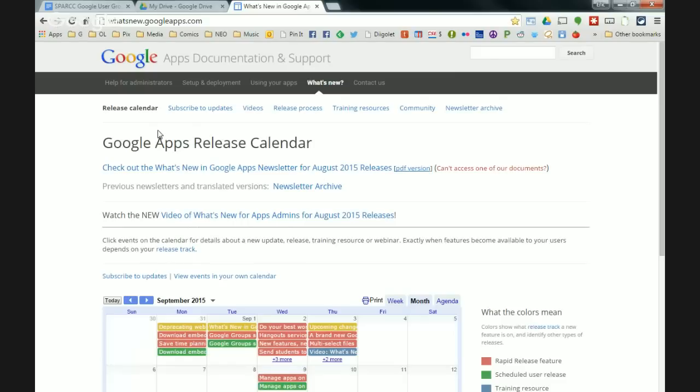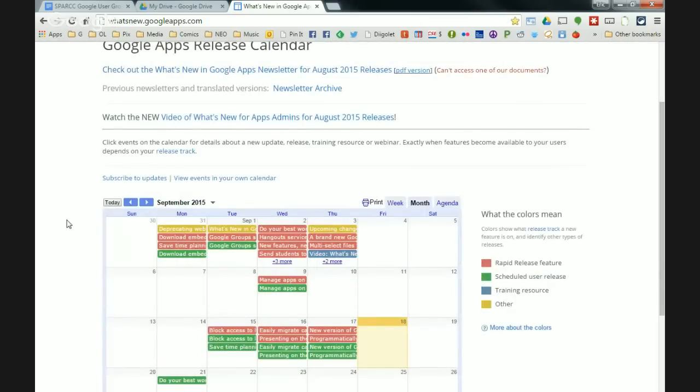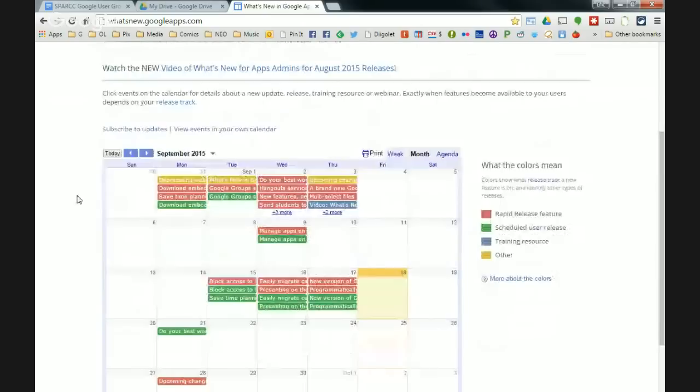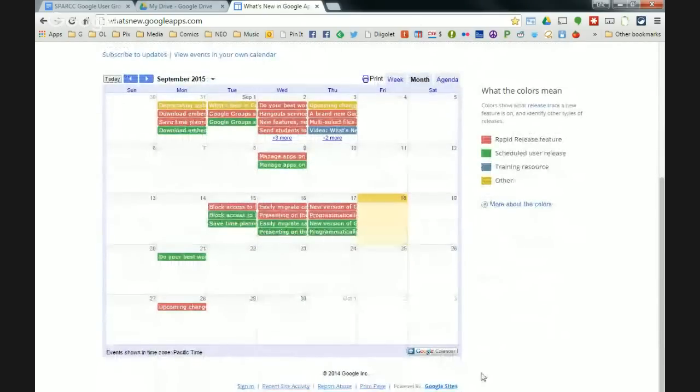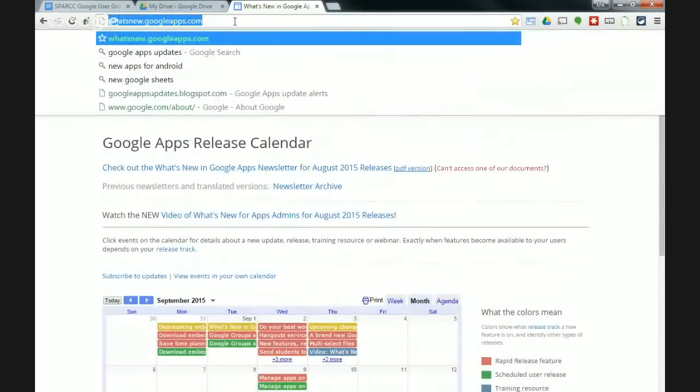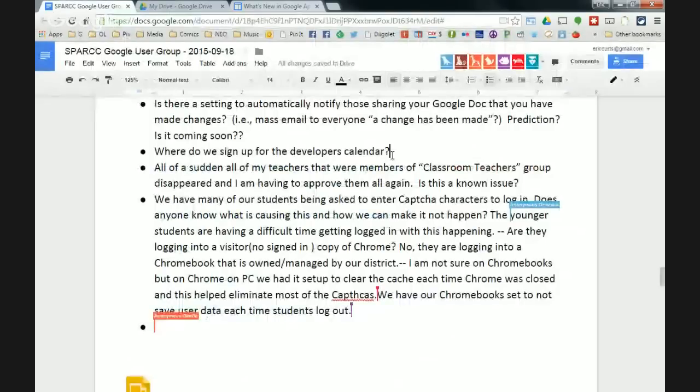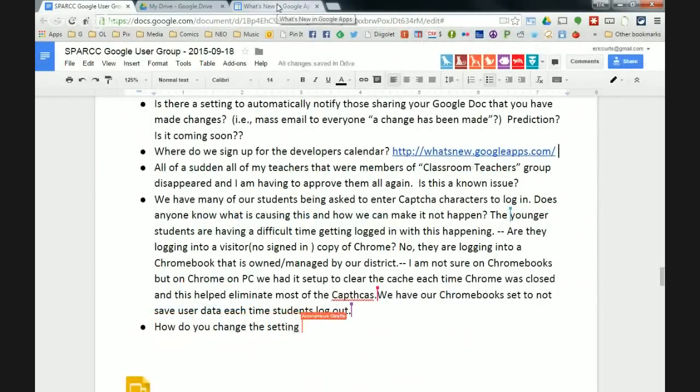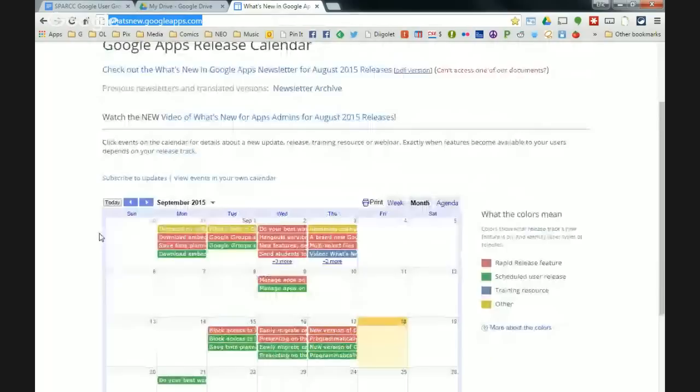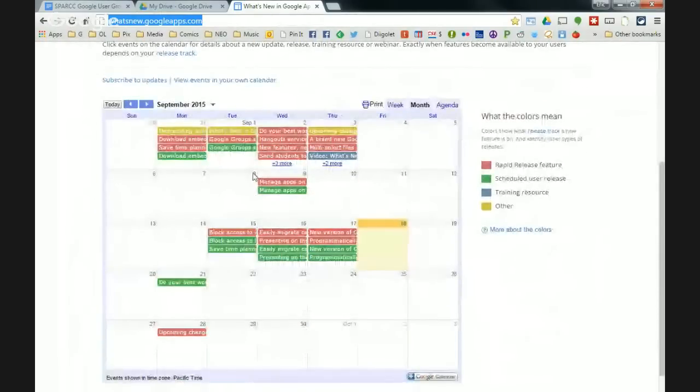Yeah, what's new.googleapps.com is the website. And there it is. You can just get it from here. Here's the calendar. So right there. Okay. So this is the website. Throw it in here. That's the website you want. What's new.googleapps.com. And then from there, there's a ton of stuff, but you'll see rapid release, scheduled release, training resource,